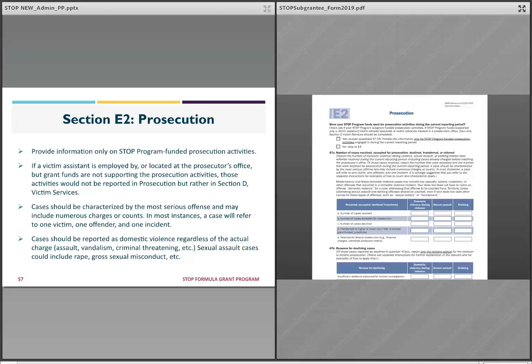In the prosecution section, cases should be characterized by the most serious offense and may include numerous charges or counts. In most instances, one case will refer to one victim, one offender, and one incident. Cases should be reported as domestic violence regardless of the actual charge if they're related to a domestic violence case. So even if the charge is assault or vandalism, if it's part of a DV case, it should be reported throughout the prosecution section as a domestic violence case. Sexual assault cases could include rape, gross sexual